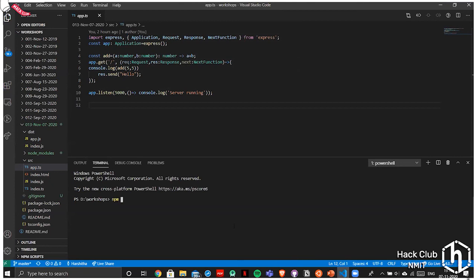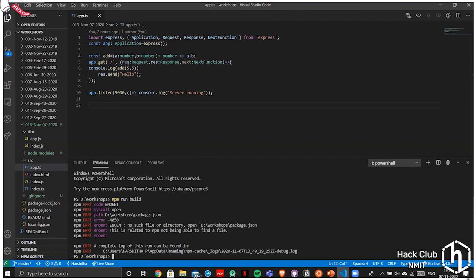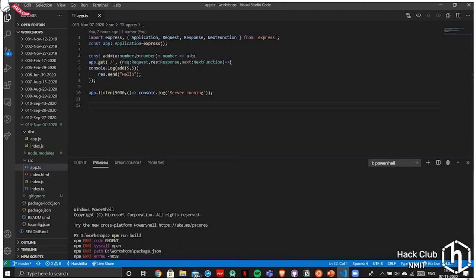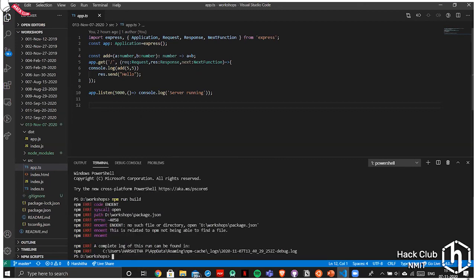And yeah, once you do this, you can just use npm. Yeah, this is in localhost 5000. So npm run build. Okay. I've always had this problem.